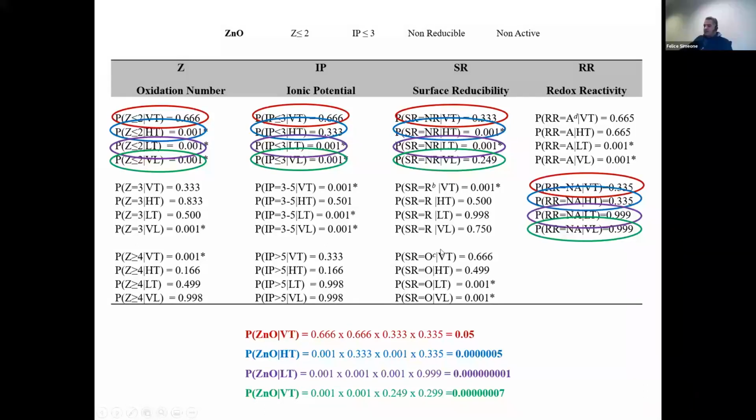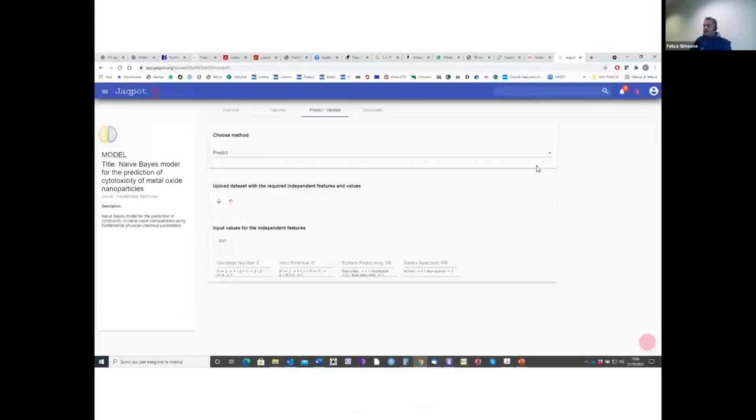Now, here is exactly the point where the NanoCommons came in this project, because you have to repeat all these types of calculations for each nanoparticle, for each class of toxicity. That, when we did here at ISTEC, we did actually by hand, which was actually not so nice and a hard job. But thanks to Harry, now the tool is fully implemented in the Jaqpot, where you have to just